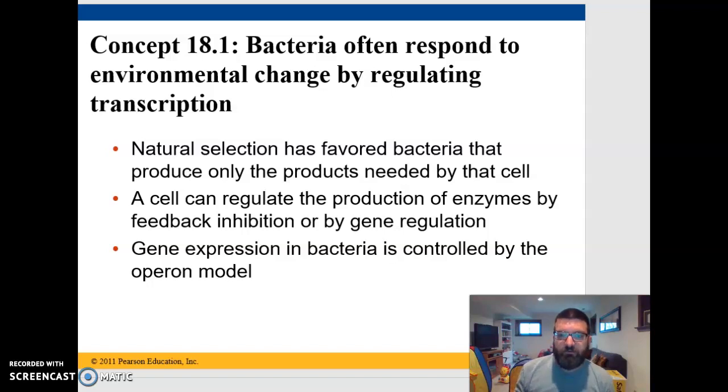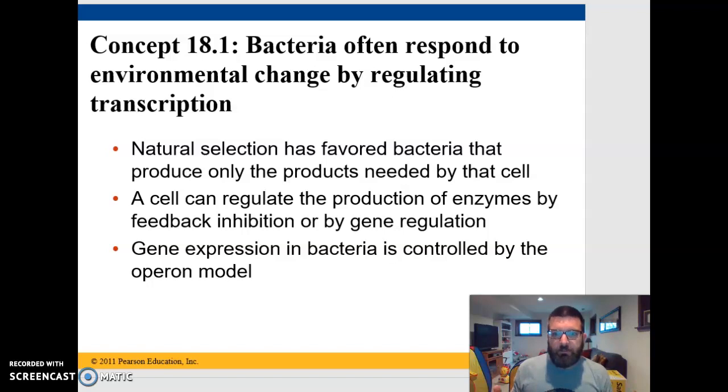All of your cells have the same DNA, the same genes, but not all of your cells look alike. The reason is not all of your cells are using the same genes at the same time. Right? You have the ability to turn on certain genes and turn off other genes, express them when they're necessary and not when they're unnecessary, and that's how a liver cell looks different from a skin cell, looks different from